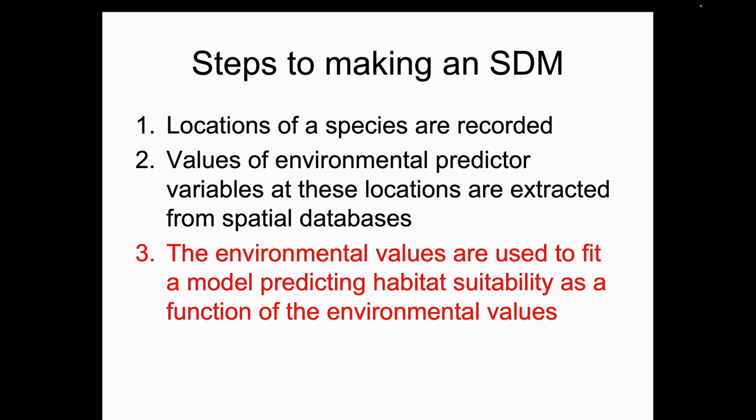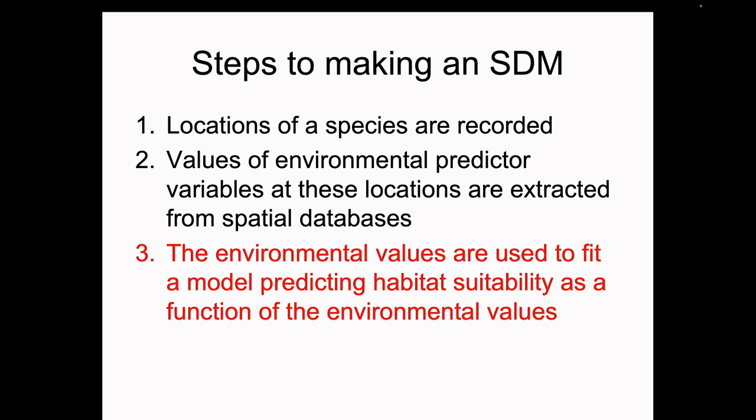And the environmental variables are used to make predictions about what the habitat is like at the places where the species is found. So if the species is found according to the locations that you gave to the software, most often in soils with a particular pH, and it's found less often in places where the soil has a higher or a lower pH,